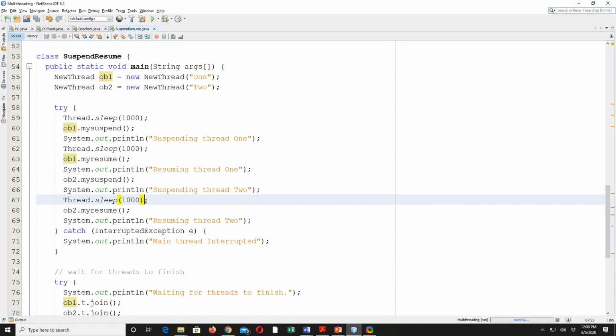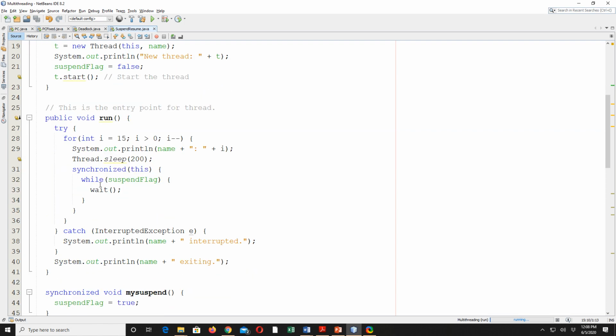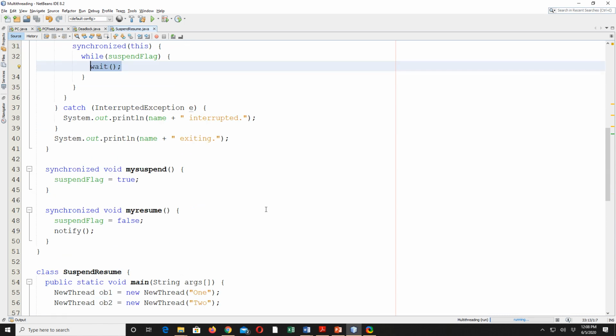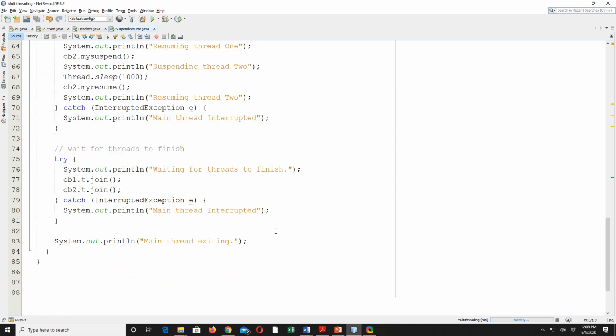So you can see in this case we are using the wait method, but by using this suspend flag, we can conditionally call the wait method so that the current thread is suspended, and after some time we just turn this flag to false and then call notify on that, so that the suspended thread can be notified.